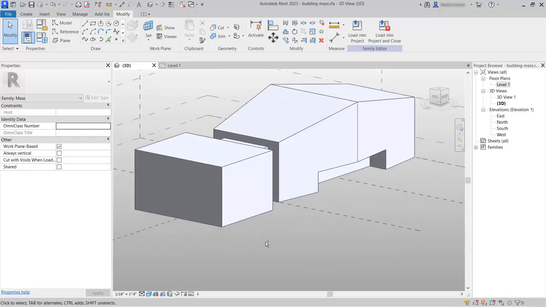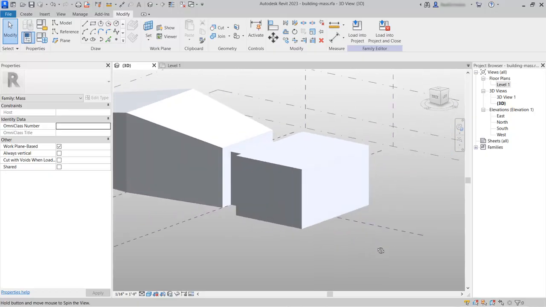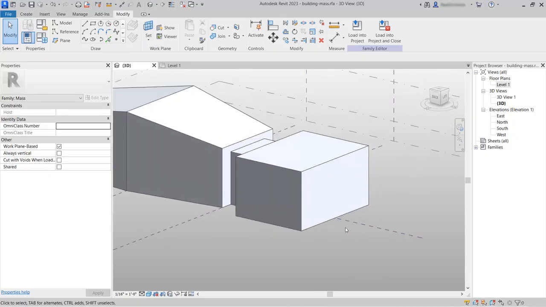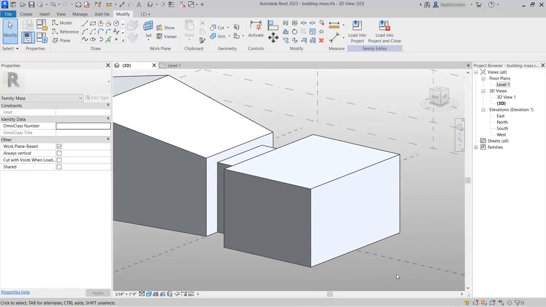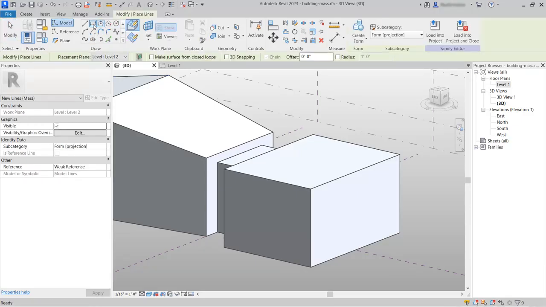Now panning around here, we want to create another inset on the end of the building here. And to do this, we'll draw some lines that are hosted on the face at the end. So we'll go up to the Modify ribbon tab, and from the Draw panel, we'll click the Rectangle tool. We can see that that will enable model lines. And now we need to make sure that we have Draw on Face clicked, as this then means that as we go over the model, we can see faces being highlighted, and the highlighted face would then be the host